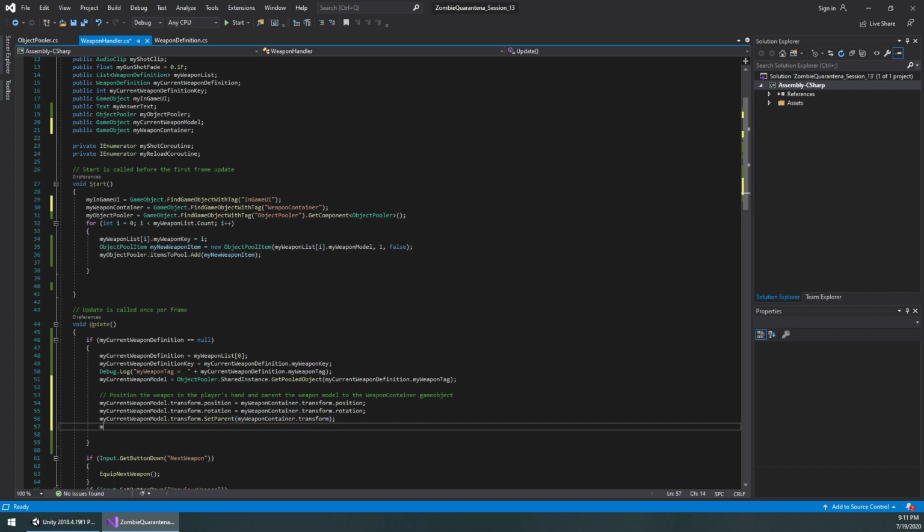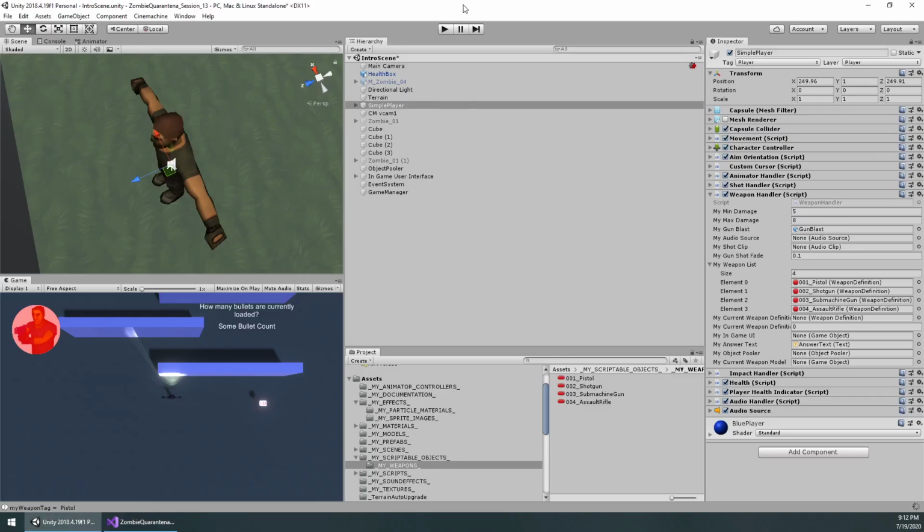And then finally we're going to say my current weapon model dot set active true. That will move the weapon model that we just created, the pistol, to wherever my weapon container is, set the parent to the weapon container, and set it active. So if I press play,